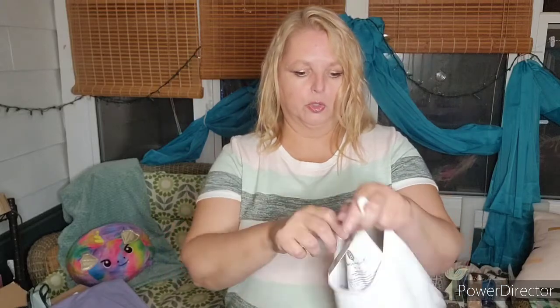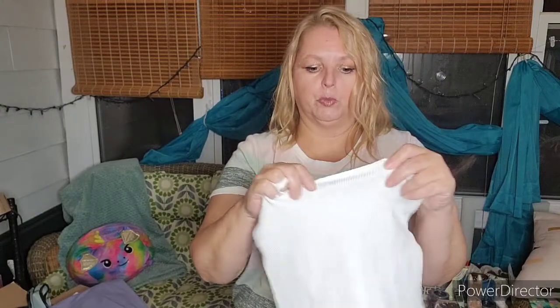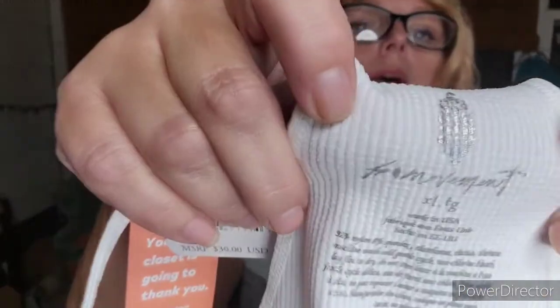All right, this is another sports bra. And I also like this. I thought this would be really cute underneath a sweater even. It's got like a textured weave. There's a price tag. I try not to look at it. I can't really read that, but when I go through the prices at the end,